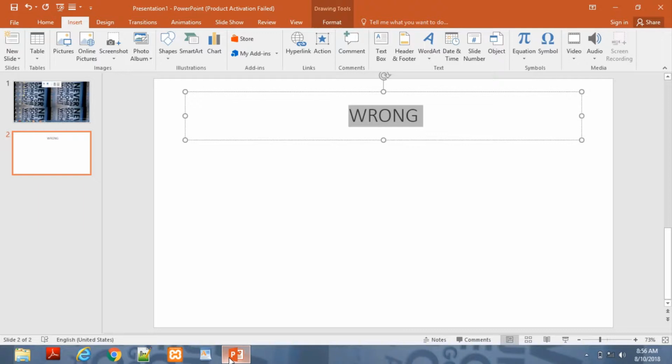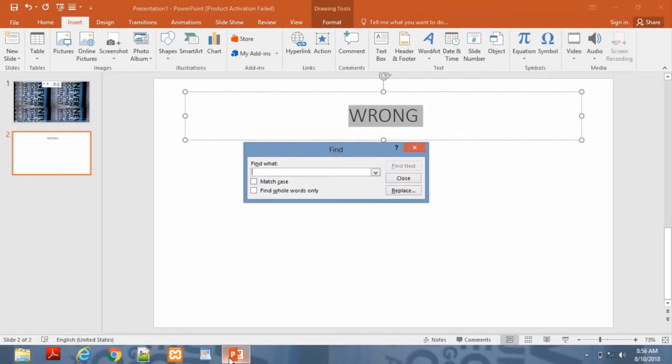What if you want to search for something? Ctrl F. It will ask you what you want to find. Let's say you want to find W. Or if you want to find next, close it up, or replace, you might decide to replace